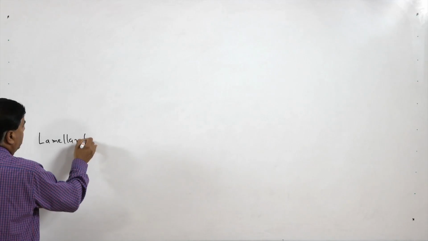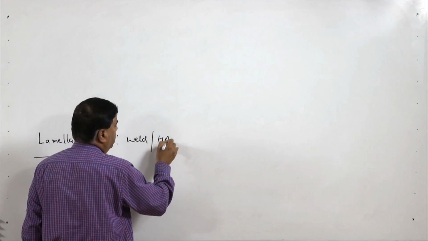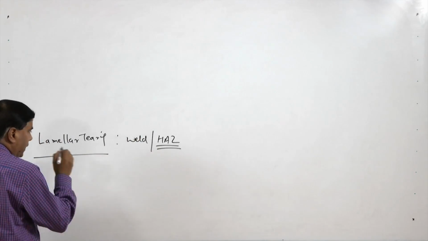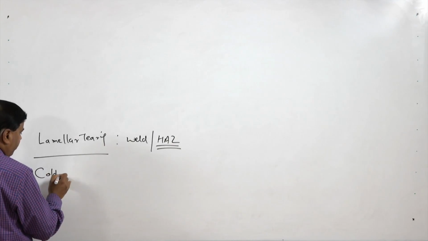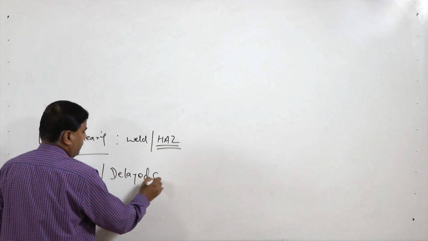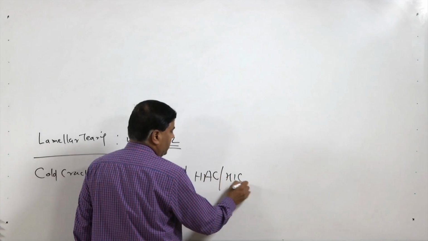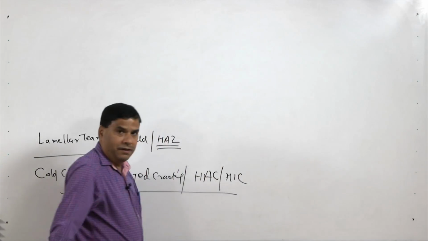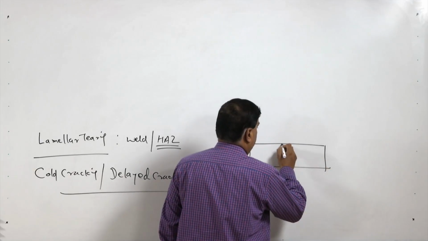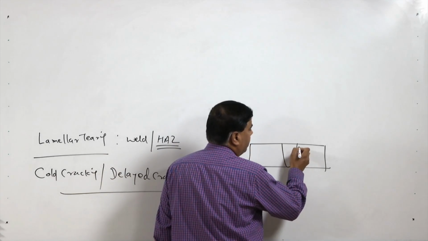First, lamellar tearing is one kind of crack observed both in the weld and the heat affected zone, but the formation of this kind of crack or tearing is more commonly observed in the heat affected zone. And another one is called cold cracking, or also known as delayed cracking, also termed as hydrogen assisted cracking or hydrogen induced cracking. These are the four different names given to another type of crack which is observed in the heat affected zone. So, for the lamellar tearing, this is mainly caused by the presence